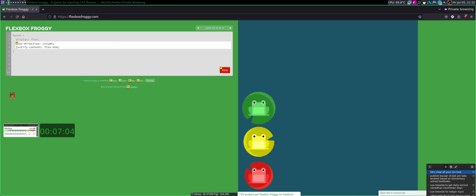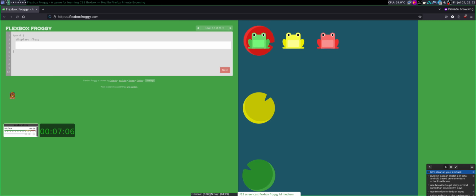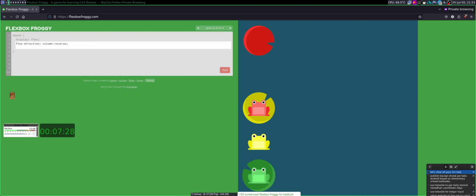And this is the same flex direction, but this is using column-reverse because the first item is green, yellow, and red, but this is displaying red first. So this is obviously a reverse, and I just need to justify it. The main axis is the vertical, so this is space between.